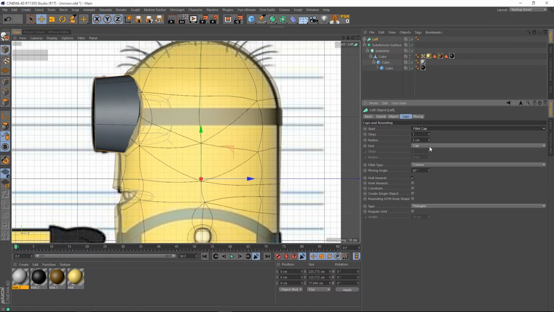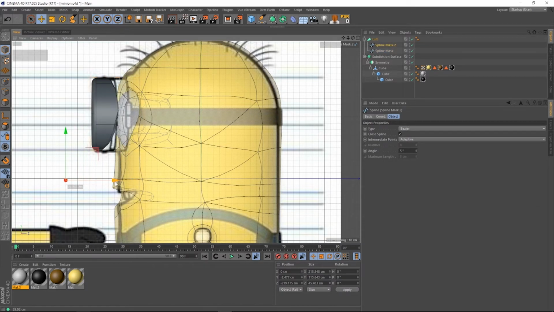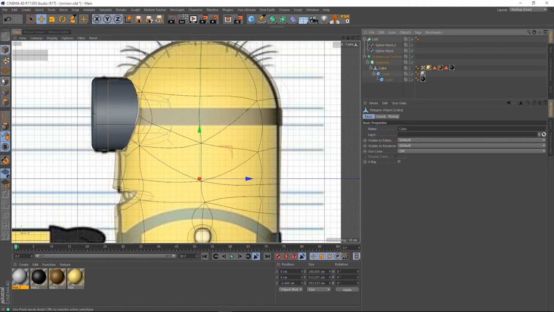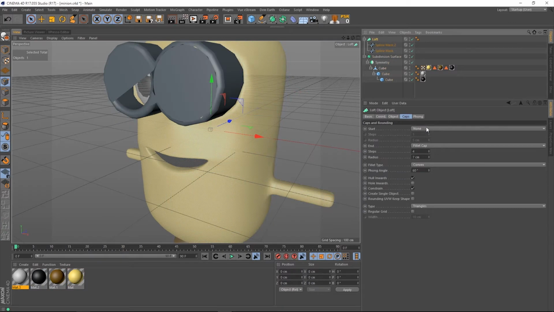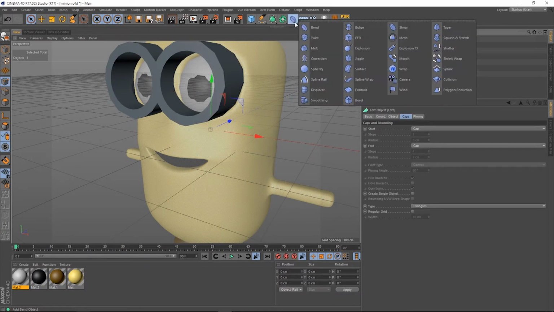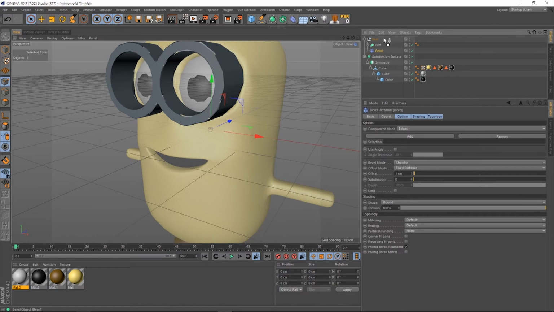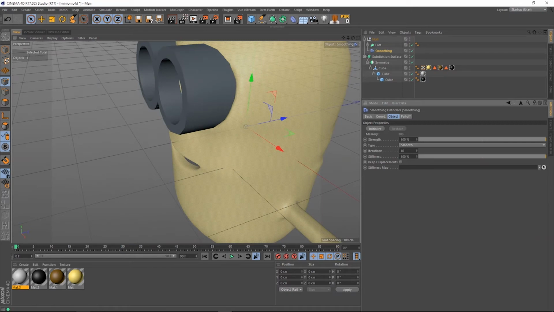But the glasses are very important for the Minion character, so it's good to model them and to have a reference of how they will look in their final shape. So what can I say more for you? You see that sometimes